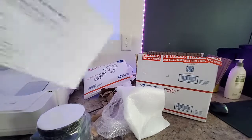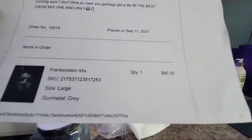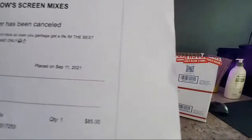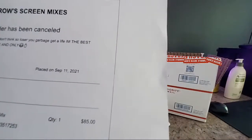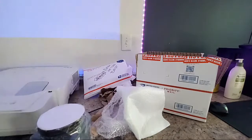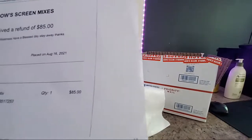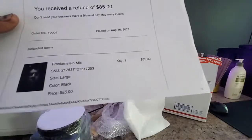Here's another one. We never placed another order for your website. Gunmetal gray. And as you can see, there's the order right there. We placed it last year. This one here was also last year, claiming to have a black Frankenstein, and no black Frankenstein